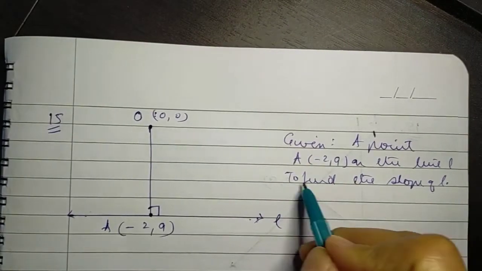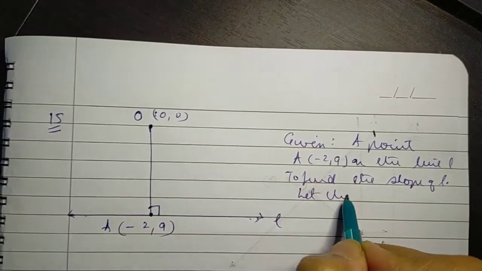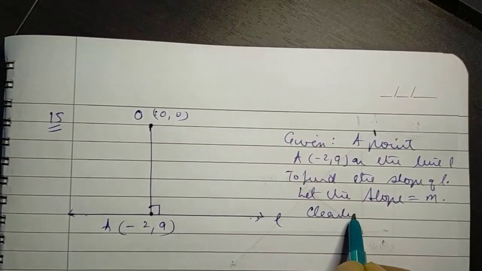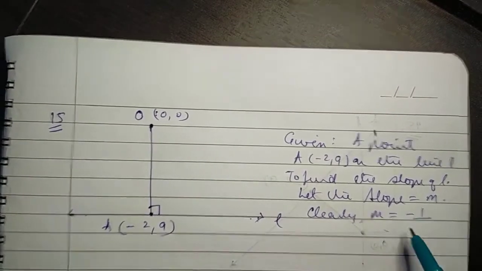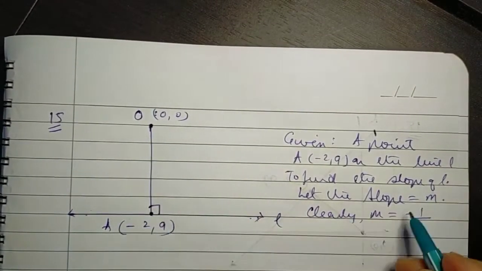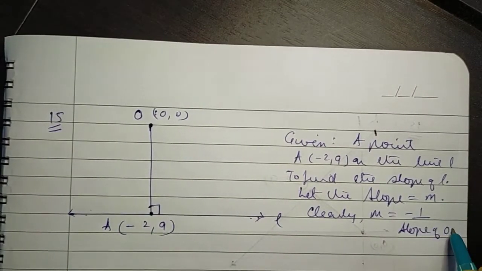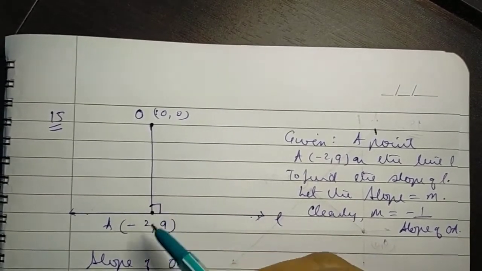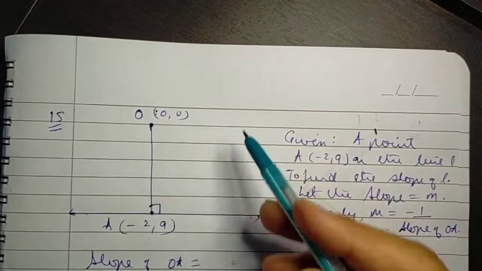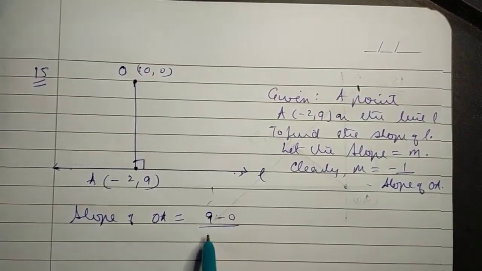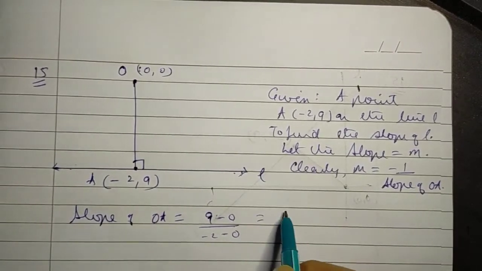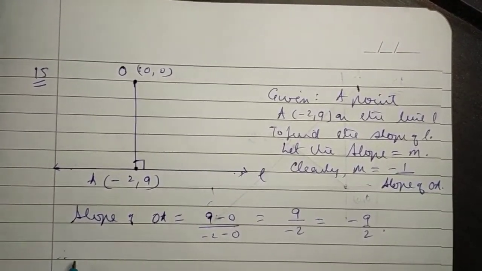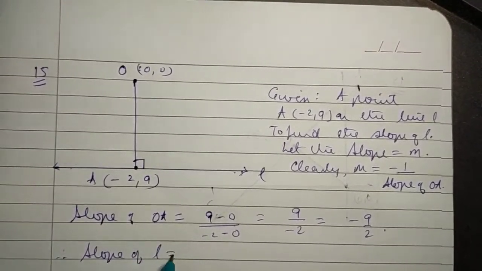Okay, so to find the slope of the line, let the slope equal m. So clearly m is equal to minus 1 upon the slope of the line to which it is perpendicular, that is the slope of OA. Now the slope of OA is always y2 minus y1 upon x2 minus x1. So 9 minus 0 upon minus 2 minus 0, which is 9 by minus 2, which is minus 9 by 2. Therefore, the slope of L is equal to